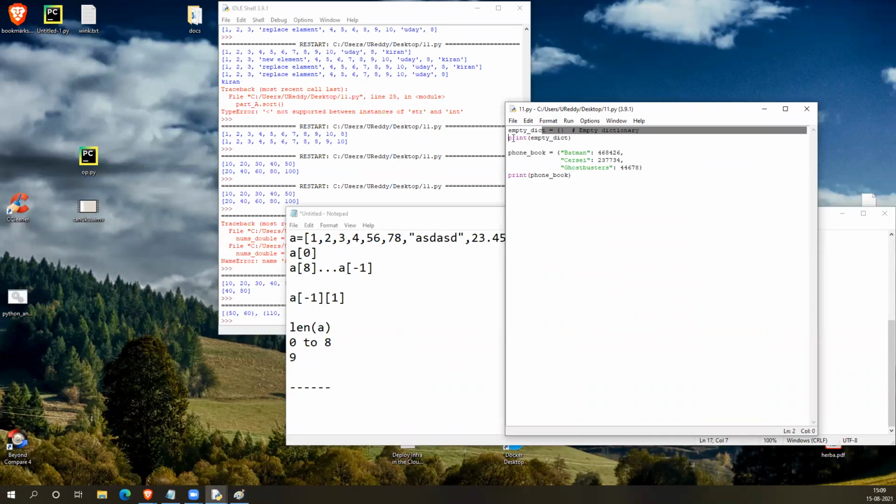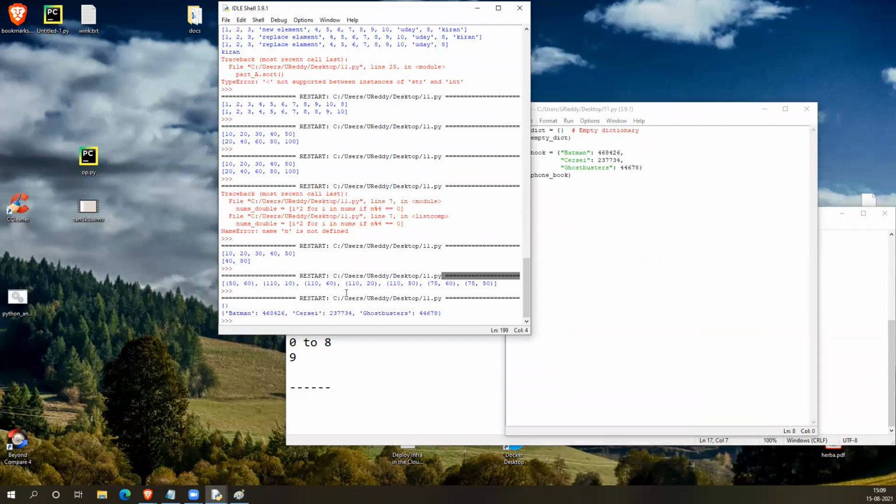See, the first one is an empty dictionary, so when you print this one, it will show like this. And the second one, I provided key value pairs like this. If you see, this is the key, this is the value. Both are separated with a colon, and individual key value pairs are separated with commas. When you print the phone book, you see the first one is empty. In the second one we have added values like this.